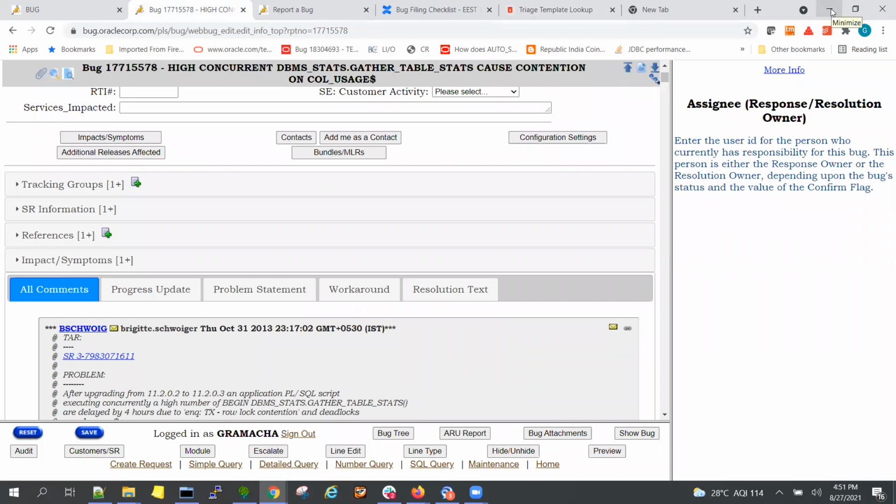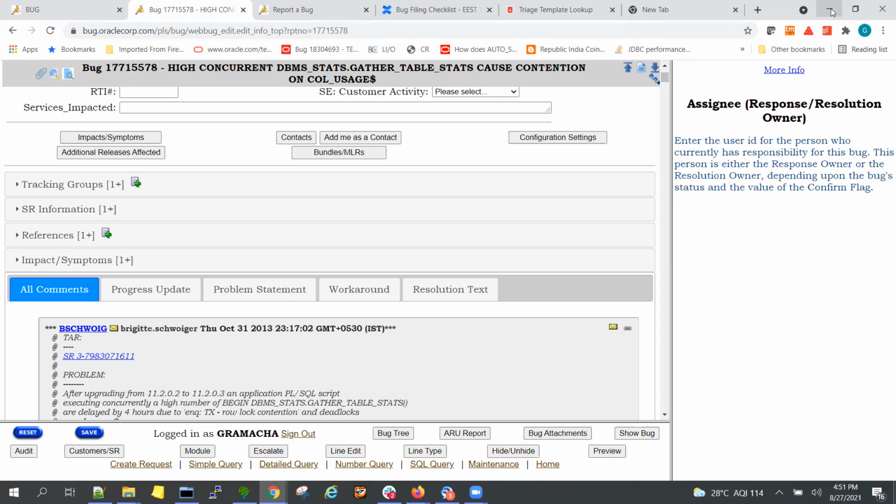So for the case where we can't reproduce the test case, then what to do? See, a reproducible test case is only to help the development team progress. Why the development has to progress faster is that we will get a faster fix. If you don't give a reproducible test case, obviously it will take time for them. So put some effort from our side, do a reproduction and give it.